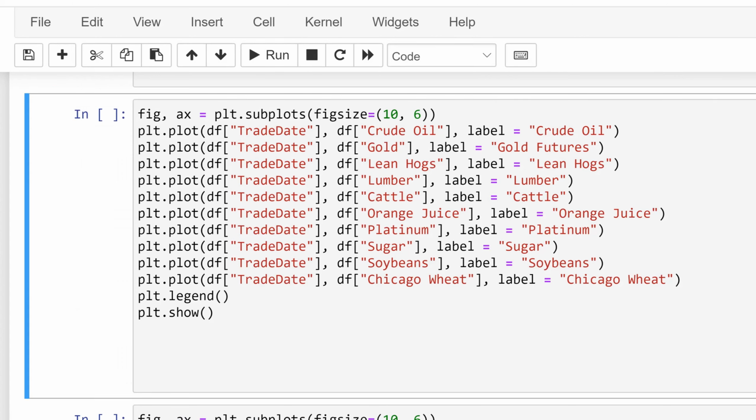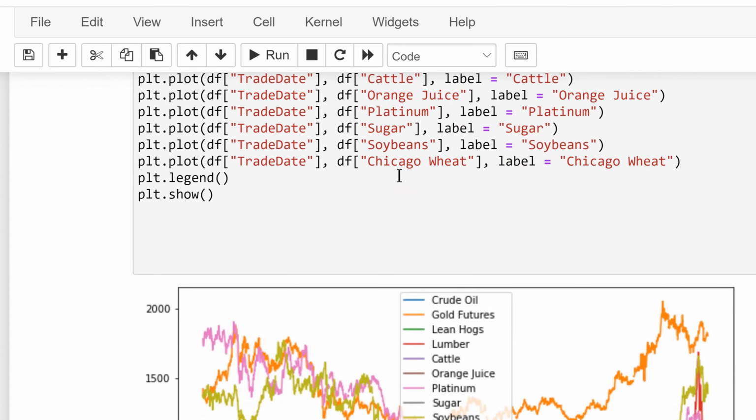Once we've done our regression analysis, it might be nice to look at all of our prices and have them on a plot chart of some type. So here's a way to do that. Here's my data frame trade date here that I'm going to use for every plot, and then I have the crude oil prices, the gold prices, and remember these are the column titles that you're going to have at the top and that we're going to grab to plot. So let's run this. Let's look at the chart here,